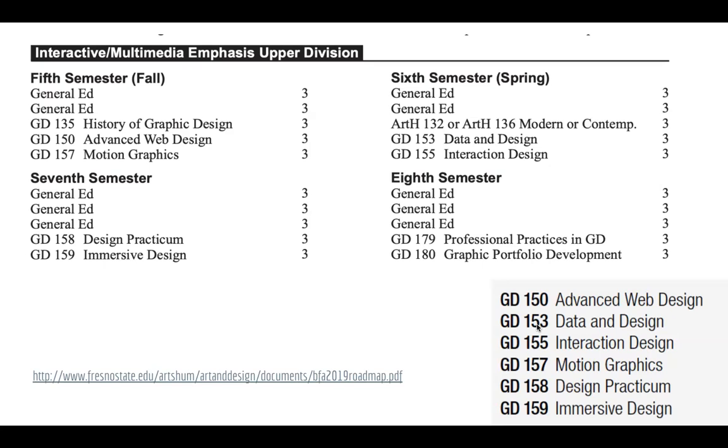It really is a free-for-all. There isn't necessarily a recommended class because it depends on what your interests are. You will have to pay attention though to if there's any prereqs. For instance, you couldn't take one of the advanced illustration classes, like advanced digital illustration, if you hadn't taken the digital illustration class first, right? So other than that, you can kind of take whatever you want as long as you're following the prereqs and